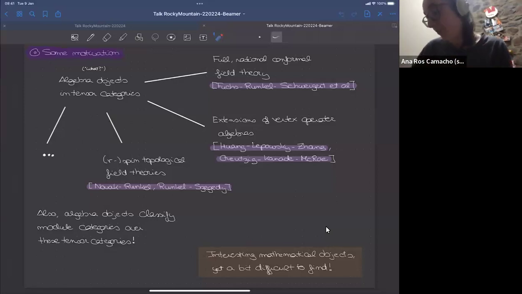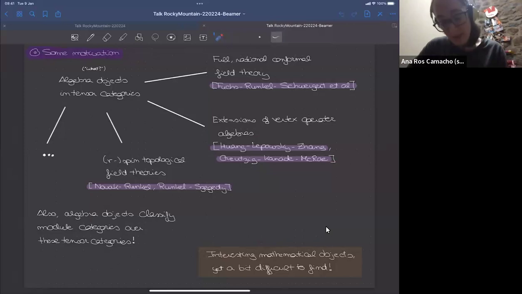That was the first time I saw them, but then they appeared in many other places. Another one was related to extensions of vertex operator algebras, which we know are in one-to-one correspondence with algebra objects in the category of representations of these VOAs. This was worked out by Huang, Kirillov, and Lepowsky, and extended to the supersymmetric context by Thomas, Shashank. Hey, Shashank, say hello. And Robert.